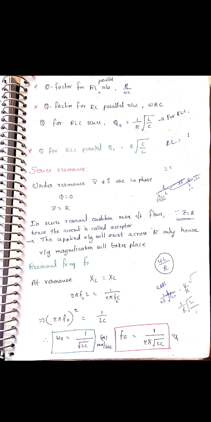V RMS squared by R into T. There V maximum is given. That V maximum is nothing but half C V maximum is given there. So V maximum is equal to I into XC, I RMS into XC. So here also, the denominator, if written in terms of RMS values, you can get the expression as omega RC by simplifying numerator and denominator equal terms.